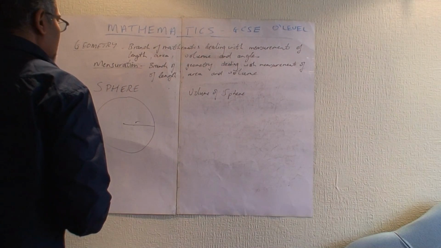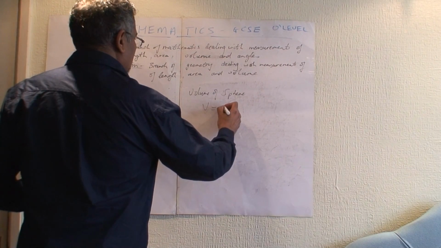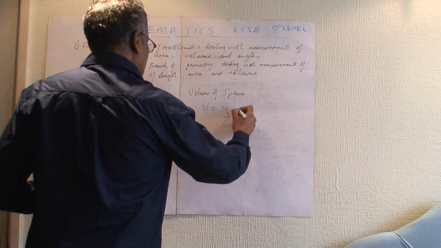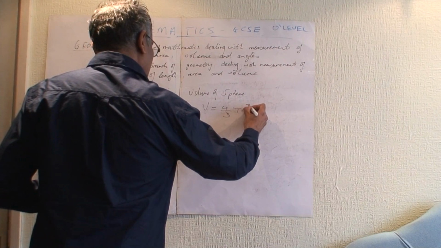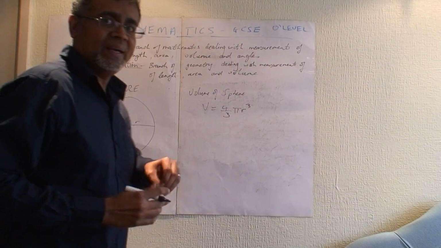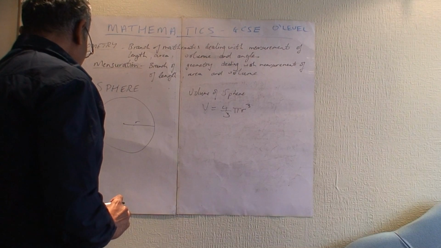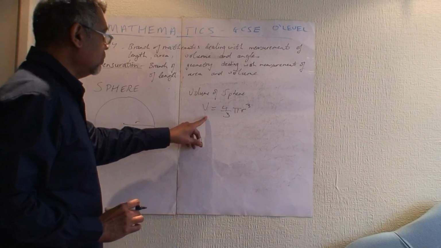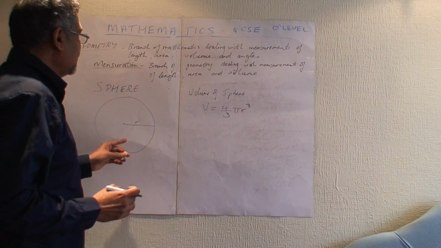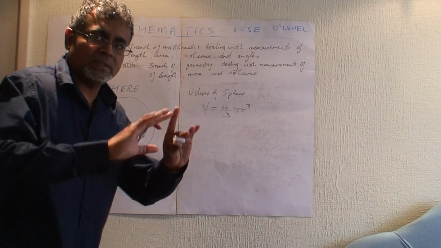So the formula is V for volume is 4 divided by 3 multiplied by pi r cubed. Very important, pi r cubed. 4 over 3 multiplied by pi r cubed. That's the volume. Now, if we want to find out the area of the sphere, of this ball,